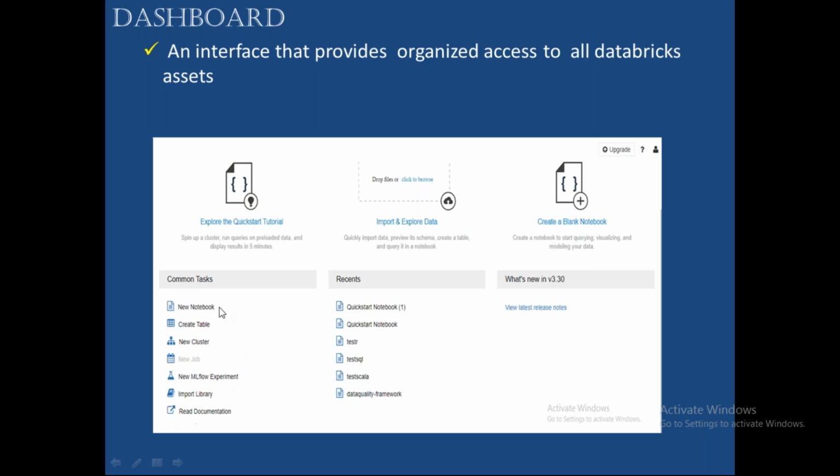Common tasks are here. And if you want to export some notebooks, if you click on this, they will give you some sample notebooks where you can export Databricks notebooks. If you want to import some data, you want to upload some data, you can just click this option. Okay, you want to create a notebook for writing your code, you can create a blank notebook. Here it will display all the recently accessed notebooks. Okay, so this is the overview about your dashboard. This is the first option in our Databricks workspace. Next option,